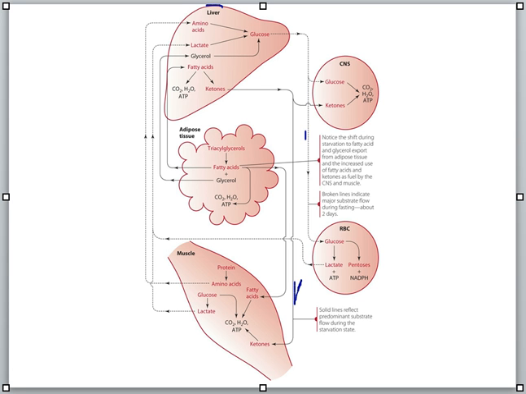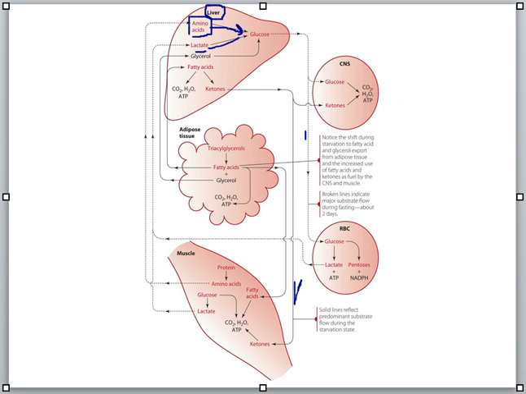Again, remember that the liver is really the key place that much of this activity happens when our body needs fuel but doesn't have fuel readily available, so we're not in that fed state. We do have some amino acids in the liver, and many of those can be converted to glucose. Those are the glucogenic amino acids. Remember, there are some amino acids that are ketogenic that cannot make glucose, but the majority of amino acids can.